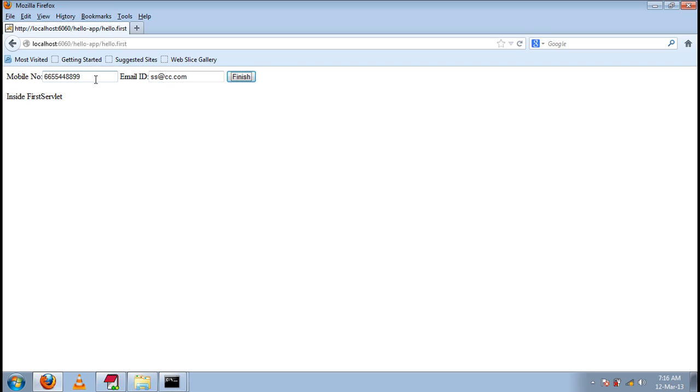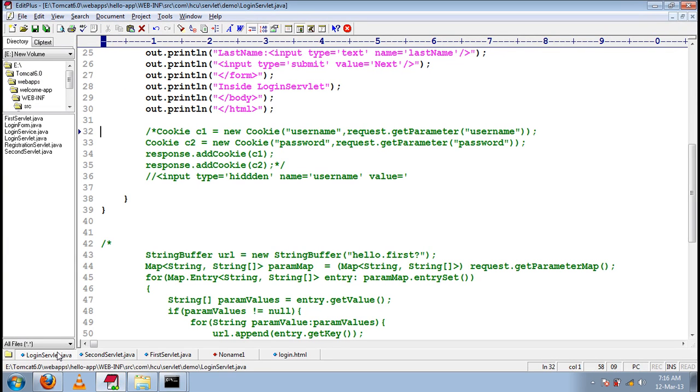Just I give the same values. Yes. What is it telling? No cookies are available just because we did not add any cookie information. The only cookie information available is in the login servlet that we have commented.